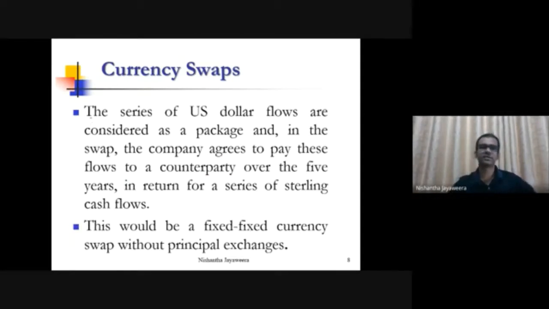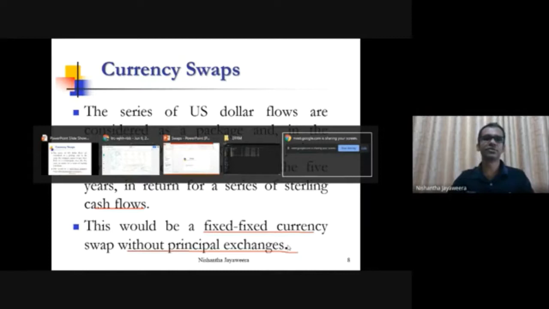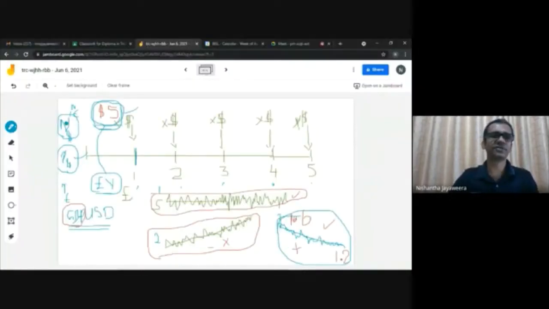So this is what I explained. A series of US dollar flows are considered as a package, and in the swap, the company agrees to pay these flows to a counterparty over the 5 years in return for a series of sterling cash flows. So it can be a fixed currency swap without principal exchanges. As I mentioned, to do this, you have to decide what are the notional amounts in dollars and notional amount in sterling. But you don't have to exchange that, because what you have to exchange are these cash flows, no principal